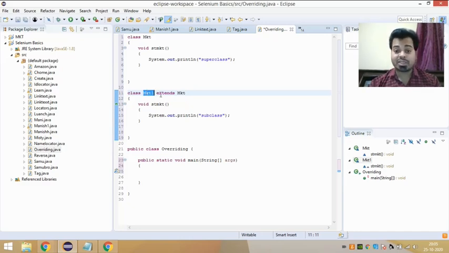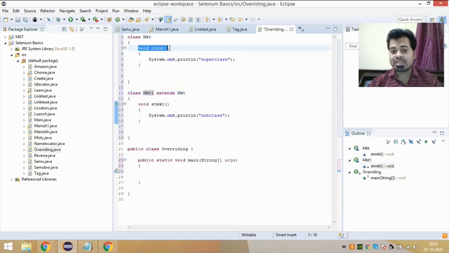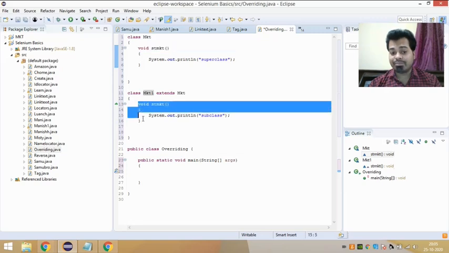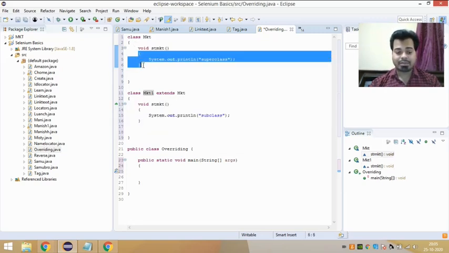But in the case of method overriding, since both methods have the same name, only the subclass implementation will be executed but not the superclass implementation.